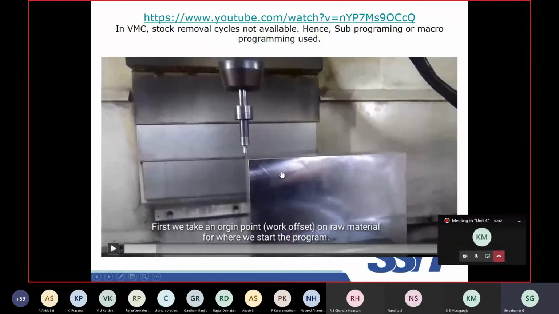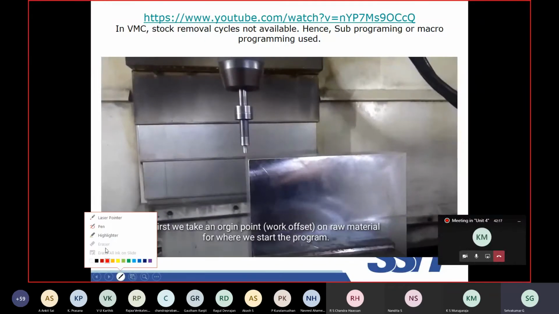Understand? So what is actually done here, you just watch this. This is a point. Just a moment, I'm mentioning it here. So this is a point. I am making it touch this place, and I am moving this job to the left hand side. X-axis alone I am moving, and it will be touching here. By touching here and here, I can read the length of the job, which will be displayed on the screen. Suppose its length is 180 mm. I can give the X value 90, meaning the center point will go.